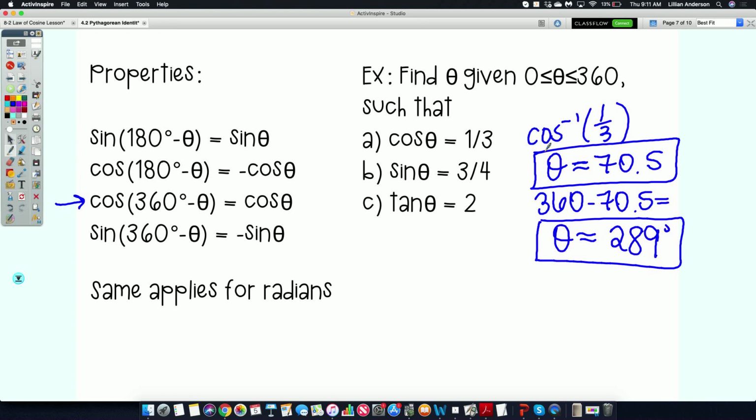Because of our knowledge of the unit circle, we want it where cosine is positive, so we know it's going to have to be the one that's the 360 minus theta. So if it's 180 minus theta, would that be negative? It would have given us negative 1/3. Oh, A, B, and C have to do with each other? No, they're separate. It's the same directions though for A, B, and